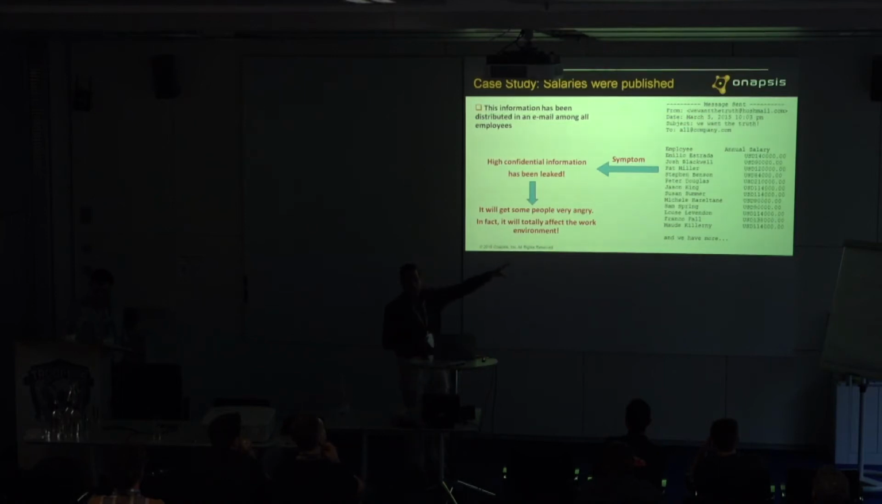This email was sent through the company. It is from an anonymous origin, telling the salaries of some people in the company. So this is the symptom that JP told before. This is the information that was leaked. And here's when we need to start to think,